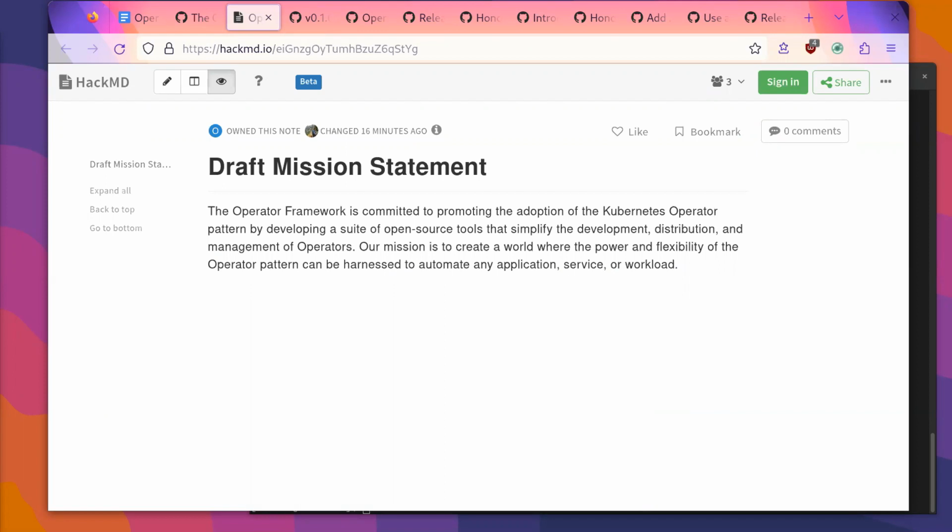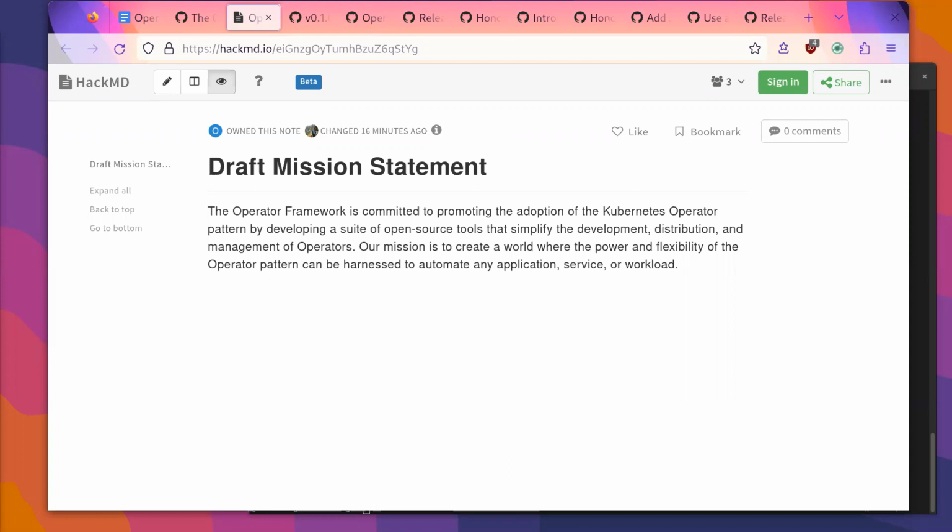I think personally, I would like to see us move away from being harnessed to automate any application service and workload, and instead focus more so on the fact that we're going to make it easy for anyone to apply the Kubernetes operator pattern to tools that they're working on.